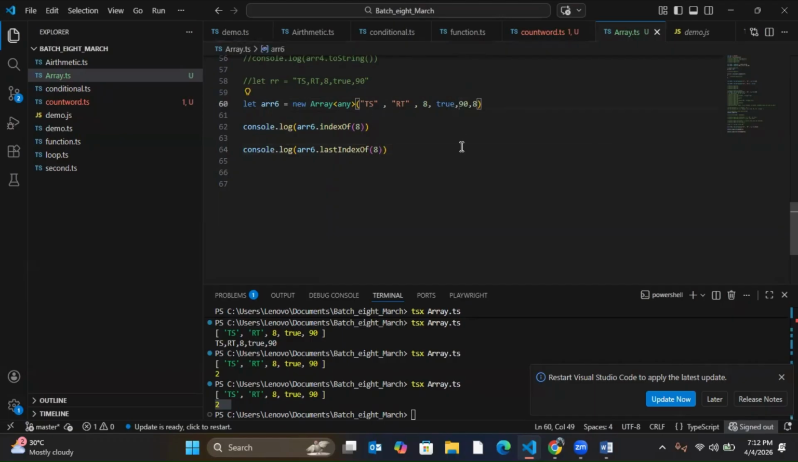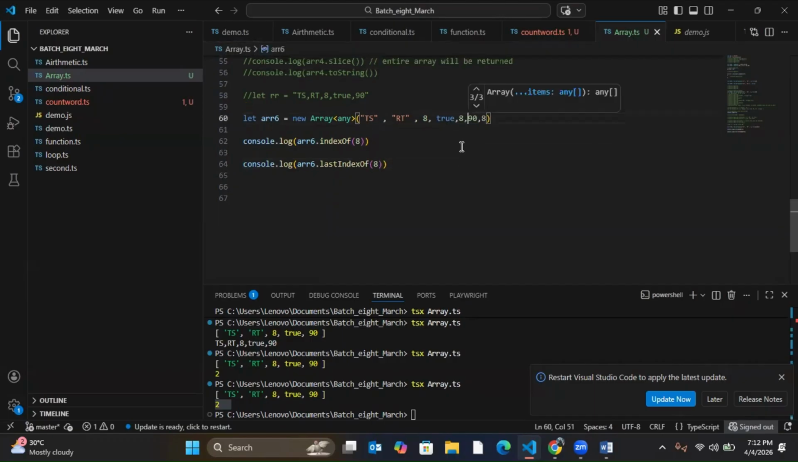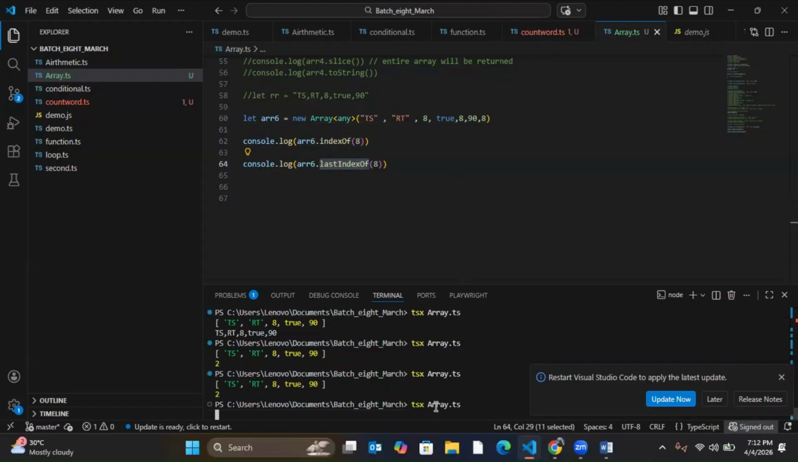indexOf will return me the first index of 8, the first 8 where it occurs. And if I have one more 8 in between, that also will not be considered. lastIndexOf will return me the last 8 where it occurs. The middle one it will not be considered. So if you now run it,